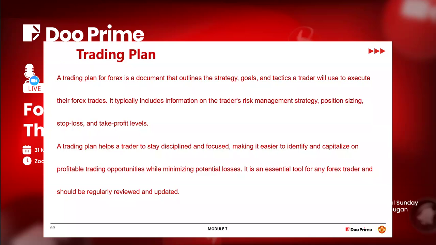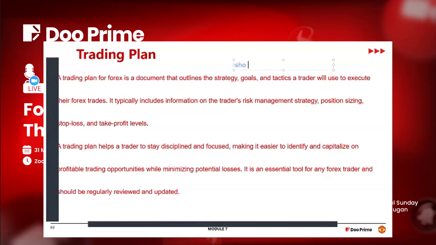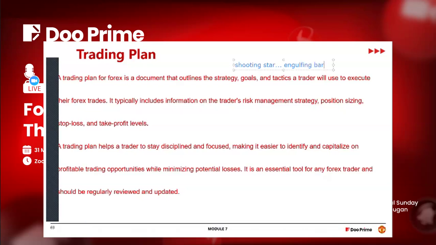when you have a trading plan outlined, let's say you want to take a GBP USD trade, and you have your trading strategy to be at every point of support and resistance. At every support and resistance, I want to only trade the shooting star when I see them. I only trade the shooting star when I see them. Now, when you see an engulfing candle, you have that outlined already in your trading plan. When you see an engulfing candle, you won't take it.